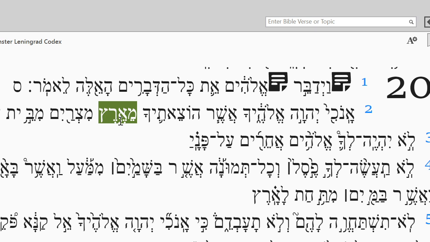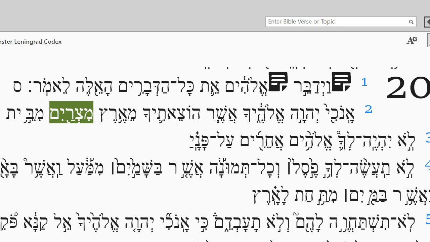All right. Now, the point I wanted to get to is that this word, ma'arataza, which is translated in Exodus 20:2 from the land, is identifying a specific land. And the land that it's referring to is identified in the next word, the next word being Matazarium, or Mitzrayim, which is the Hebrew word for Egypt. Okay, so this full statement is from the land of Egypt.